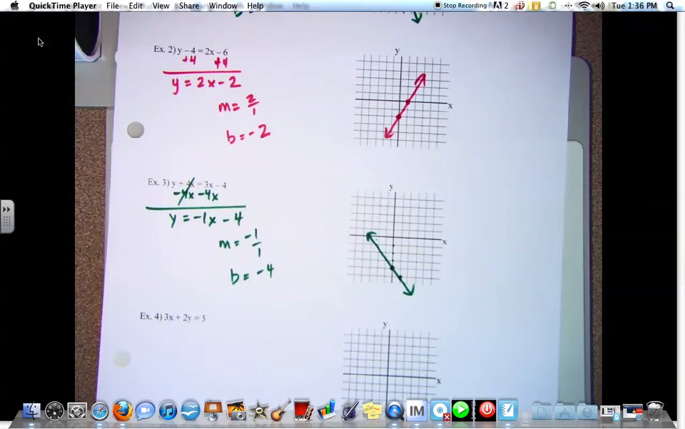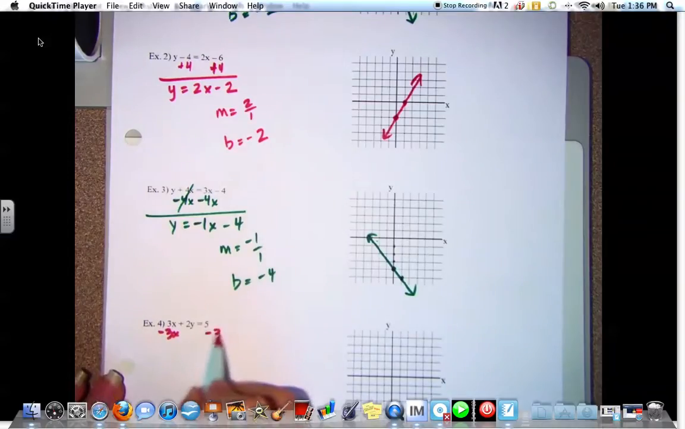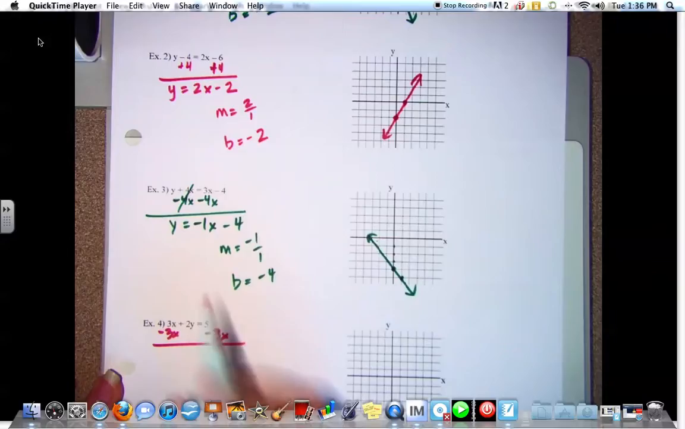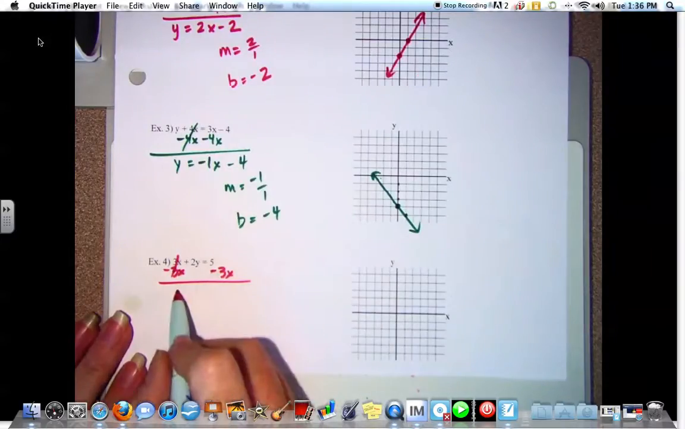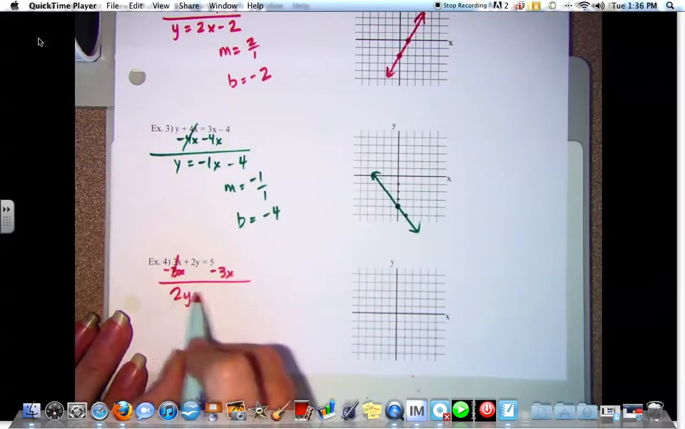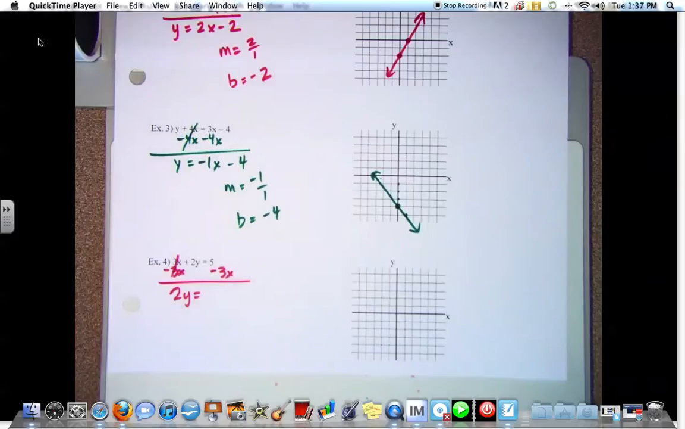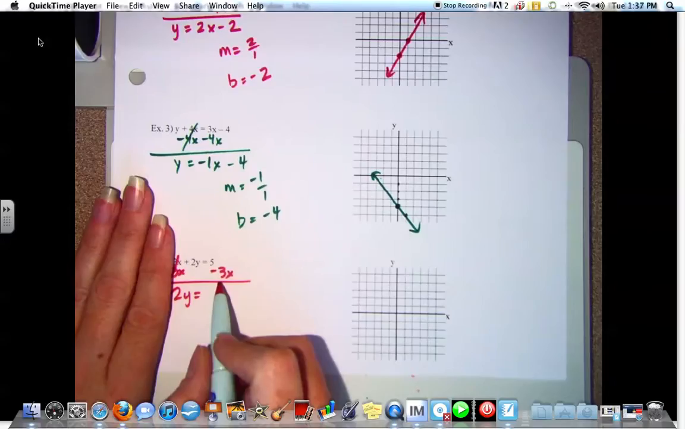All right, example 4. 3x plus 2y equals 5. Minus 3x. Do I have like terms on the right-hand side? No. Tori, what do I have remaining on the left-hand side? 2y. Okay. Equals. What term do we want to write down first on the right? 5 minus 3x. We can write 5 minus 3x, but we like to keep it in slope-intercept form, so that means